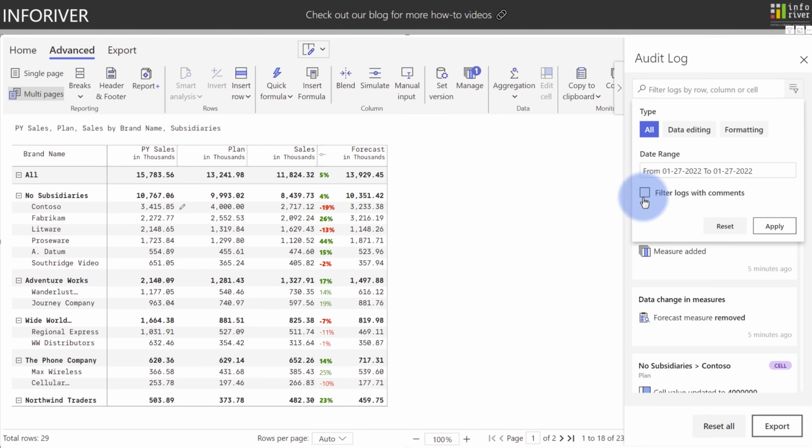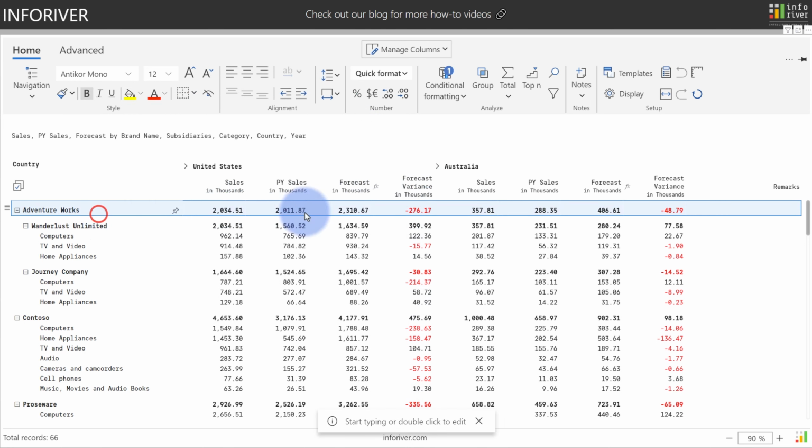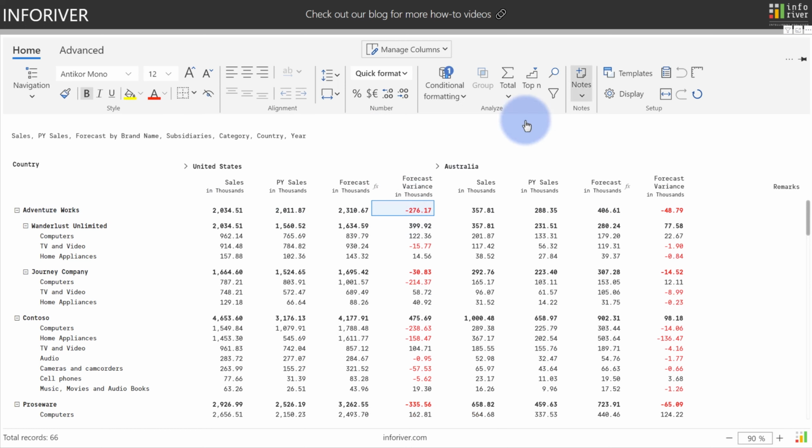Plus a really nice way to filter to just logs that have comments. Next, we're going to showcase notes, and they can be added either at the column, the row, or the cell level. To add a note, we'll come up to the home ribbon and select Notes, select Add a New Note,